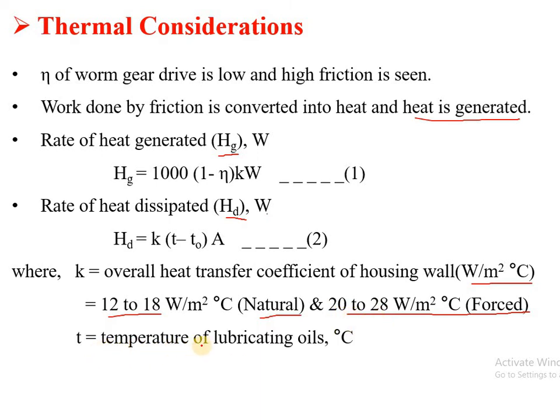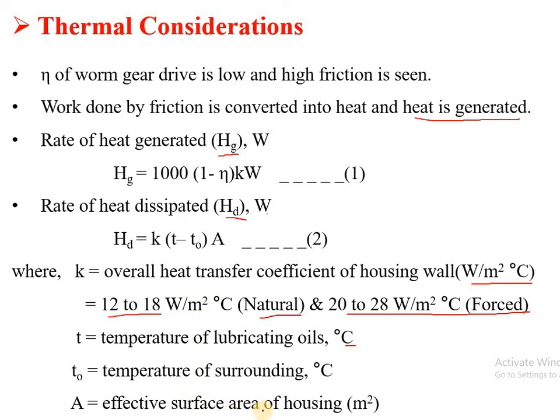Then T is the temperature of lubricating oil in degrees Celsius. T0 is the temperature of surrounding air. Then A is the effective surface area of housing through which the heat will be dissipated. So these two are the equations, rate of heat generated and rate of heat dissipation. Now for an ideal gearbox, the rate of heat generated should be equal to the rate of heat dissipation. So equating equation 1 and 2,